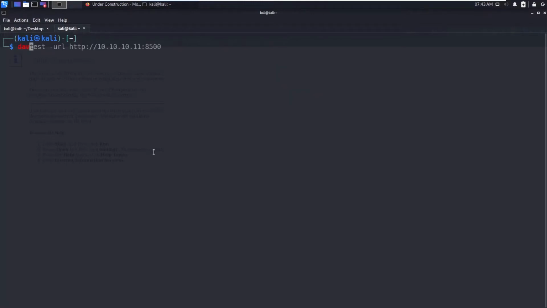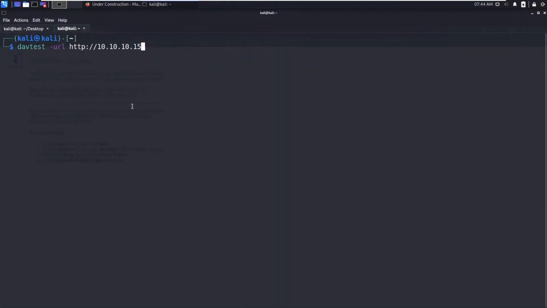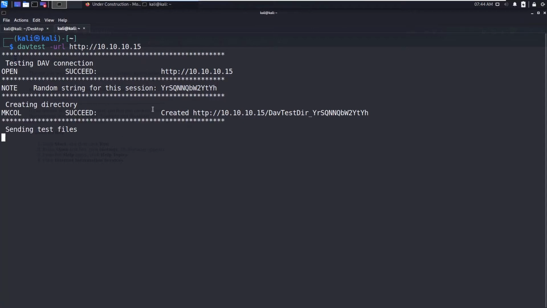Now what we are going to do is run this tool called davtest. It will try to upload all the possible extensions. It will create a random folder, and upload files with the extensions PHP, HTML, JHTML, etc. Then it will test which extensions this IIS server can execute. Of course, for IIS the default will be ASP or ASPX. So we need to make the IIS web server render ASPX. Now let's test what extensions the IIS server is accepting.